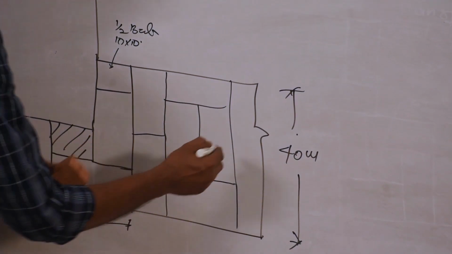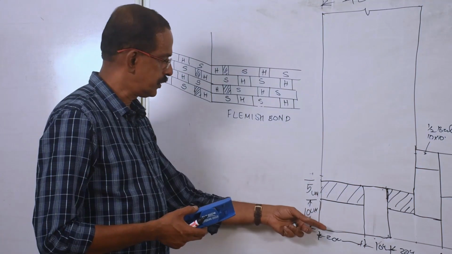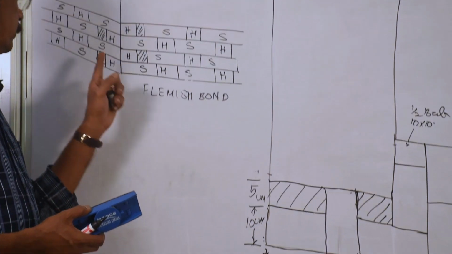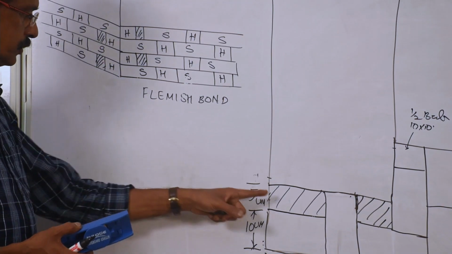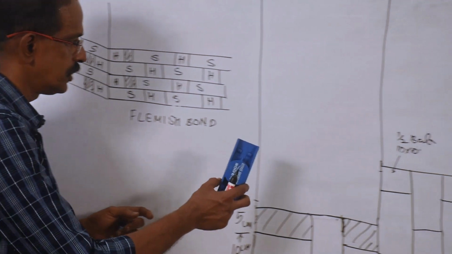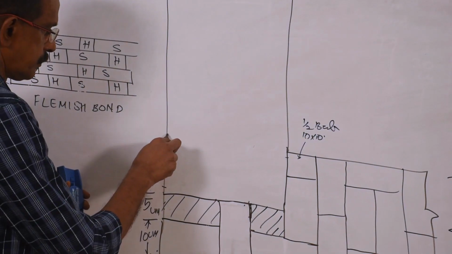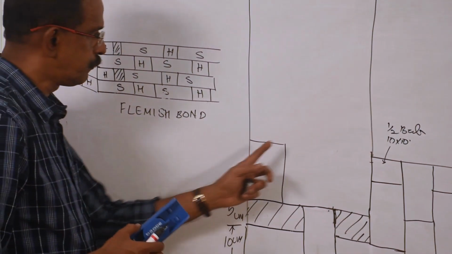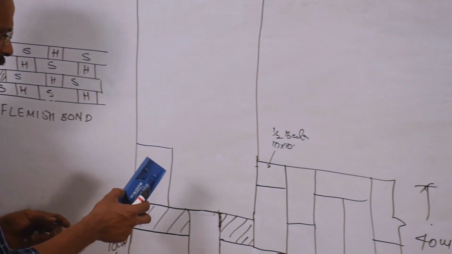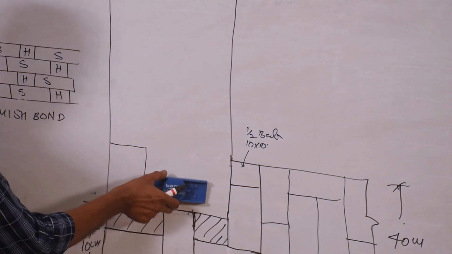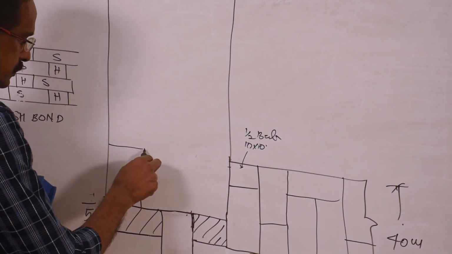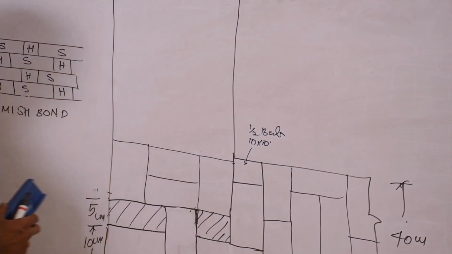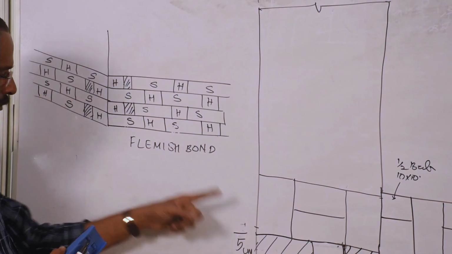40. Next is header. Consider this direction, side view header. So here we have already drawn. Next is queen closer, queen closer. Next is structure. That means that brick is kept like this. Okay. How to make it 40 here? So either we can keep 3 bricks like this or 2 bricks like this and 1 brick like this. So that will be the better arrangement. That's all.